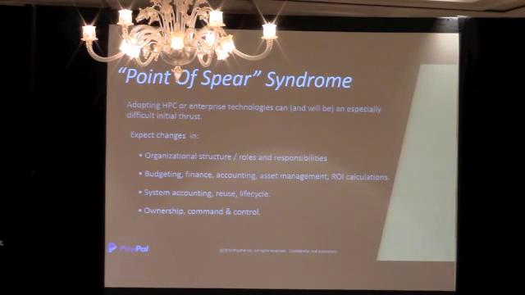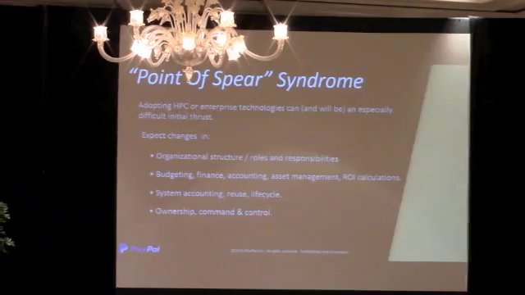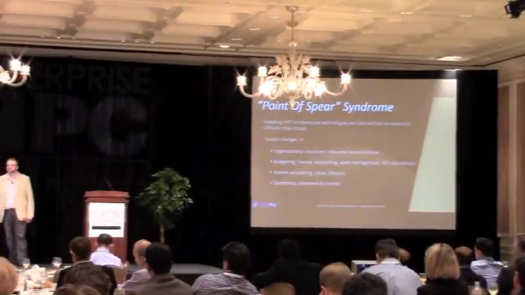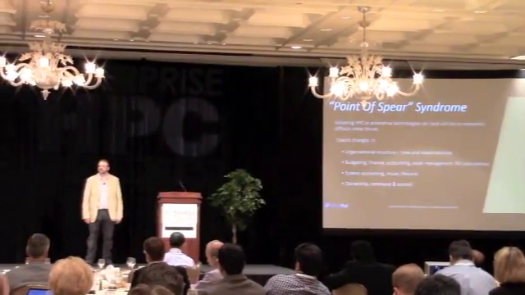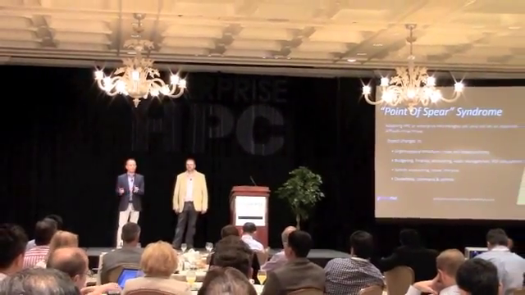We have to make changes in the way we account for buying servers. They're not used to, like Ryan said, we buy 250 servers at a time. When we buy an HPC system, they're not used to one single SKU, for instance. They don't know how to build that. They don't know how to put it to the right cost center. So there's organizational changes inside the company that need to start changing.